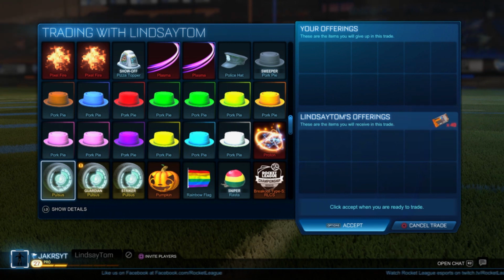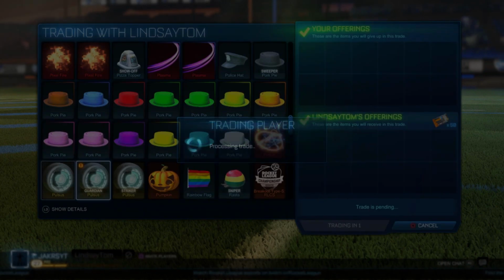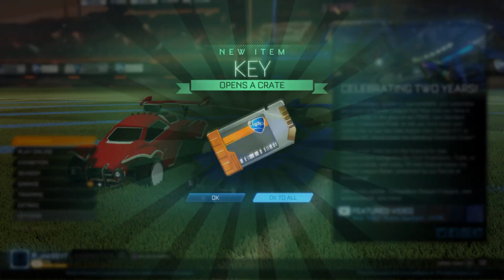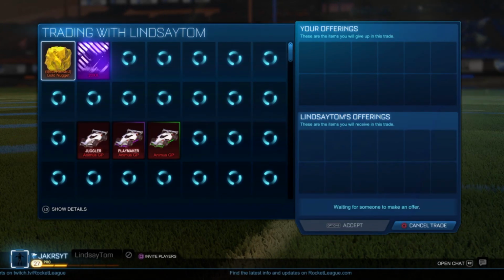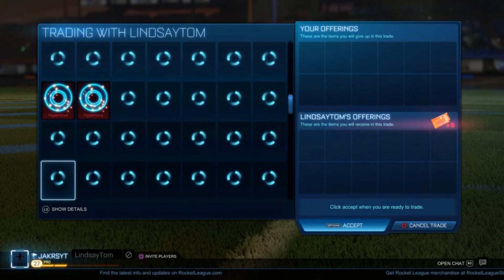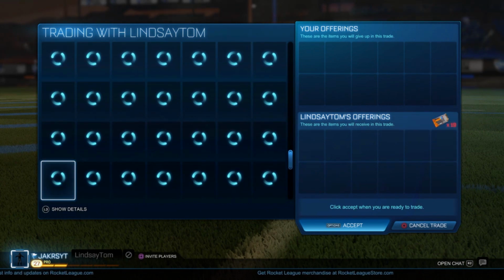And then he also gave me not only the 50 keys in the first trade, but another 100 keys. So that is 150 keys plus the 40 worth of items, but I actually go on and sell these items for more than what you guys think I can, so this offer is actually even more. But for the time being, these items are worth about 190, which is a really good deal, seeing as we only paid 135. This is already a 55 key profit,